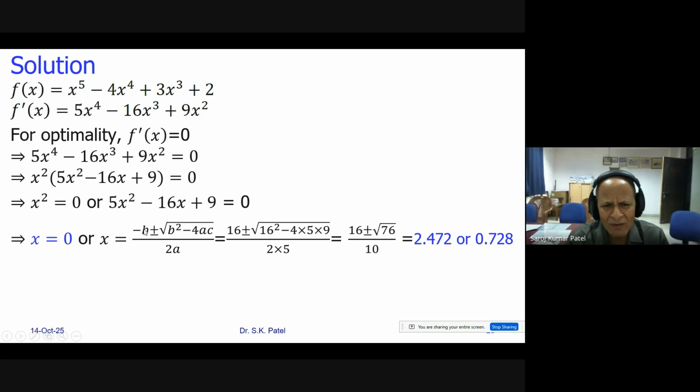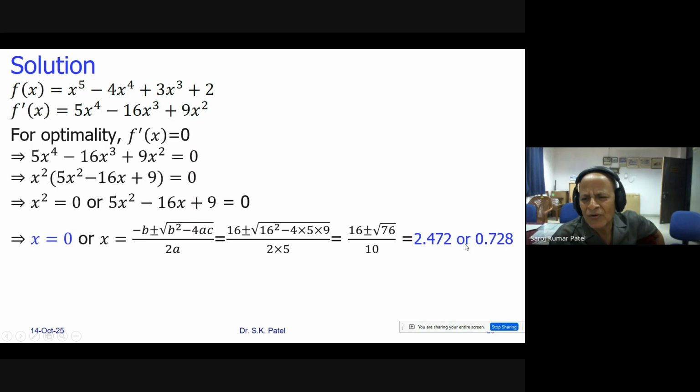Now b is your second term, that is minus 16, so minus b will be plus 16, plus or minus square root of b square. So minus 16 square will be 16 square. Then minus 4ac. A is 5 and c is 9, so 4 into 5 into 9, divided by 2 into a is 5. So 16 plus or minus, now under the square root will be 76. So when you solve it, you will get